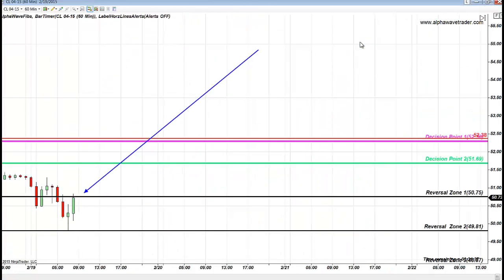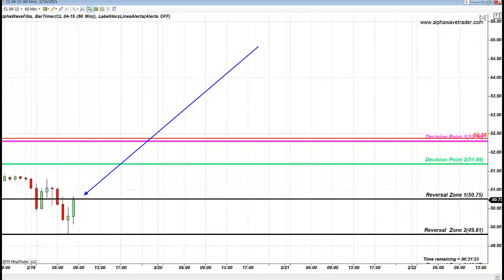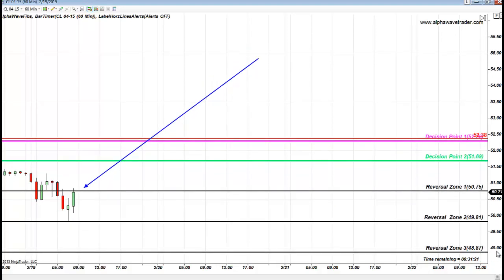So another magnificent morning in Alpha Wave Trader Trading Room, reminding you Fibonacci levels are crucial to your understanding of the market. Every single support and resistance level in the market structure is not random. It is precise and clear and formed by Fibonacci levels. We came to the markets this morning in awe of the collapse on oil.